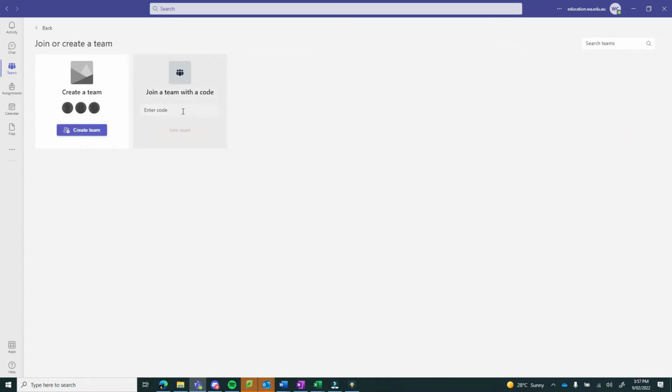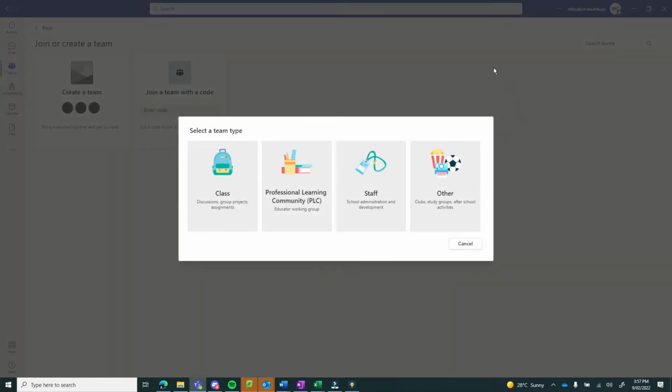And then if you've got a team that you're joining, then you would enter a team code, but we're actually going to create one. So I'll click on this button here, Create Team. We are going to have a class team because this is for our students, and this gives us a higher level of control over what can be accessed and changed, etc. So if we click on class team,